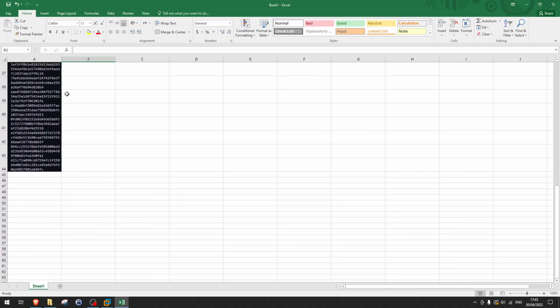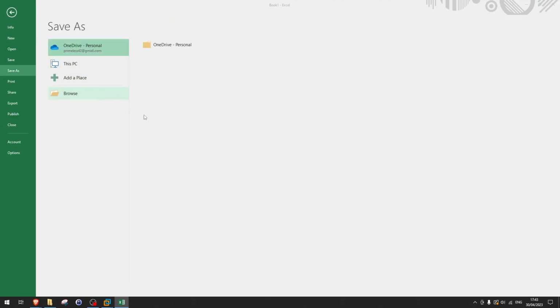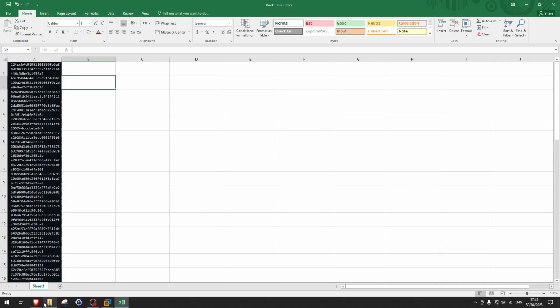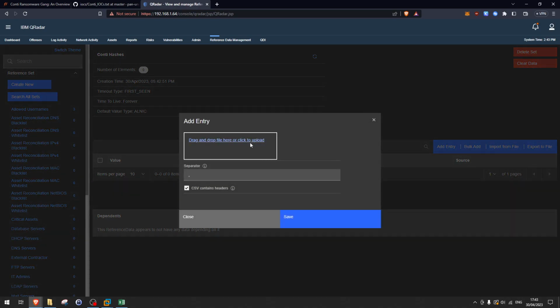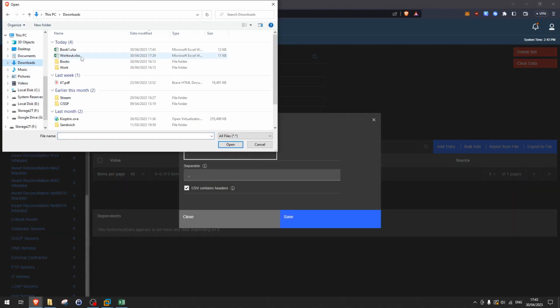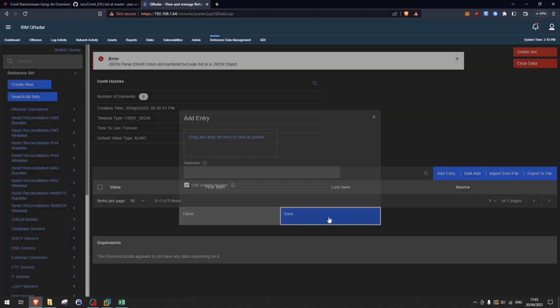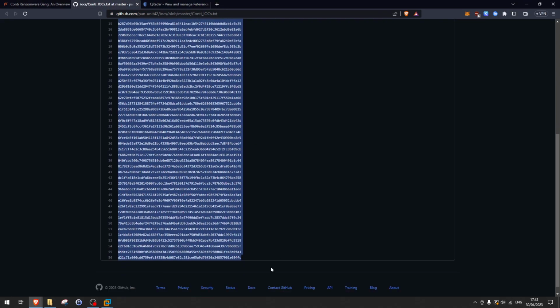And now I can basically upload it as bulk, right? So let's go to hashes and do import from file. I think I saved it in the wrong format, but even if it doesn't work, we can just go ahead and